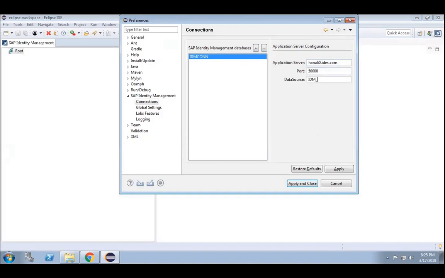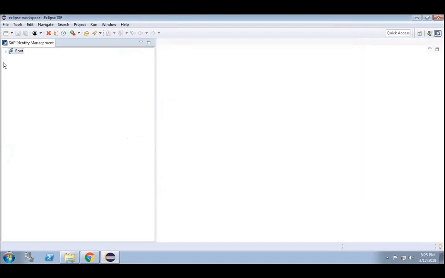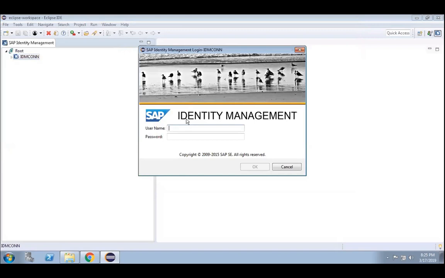IDM underscore Dev Studio, dev studio underscore data source. I used to get confused. So let it connect. Obviously, I will get the error.